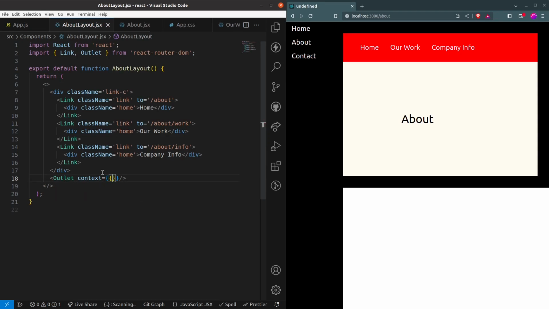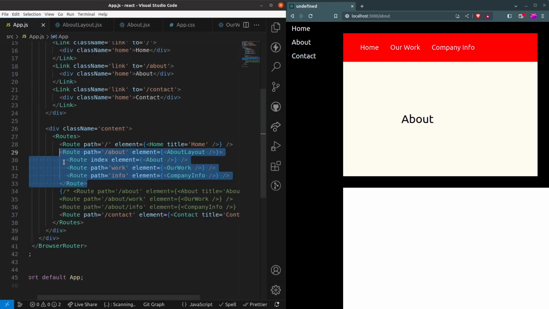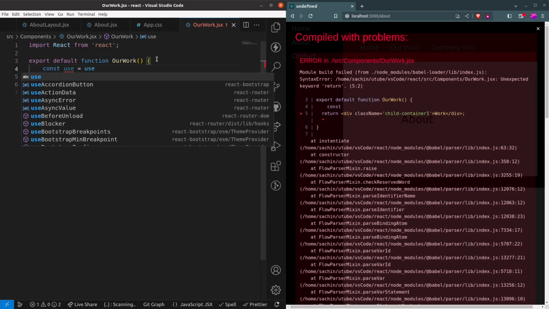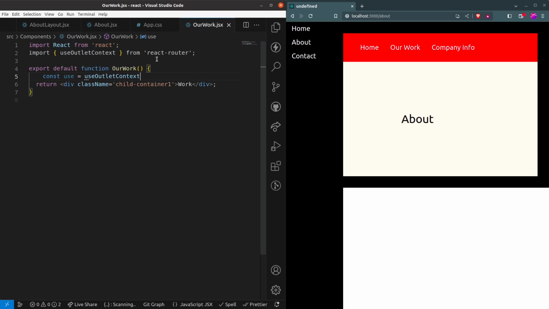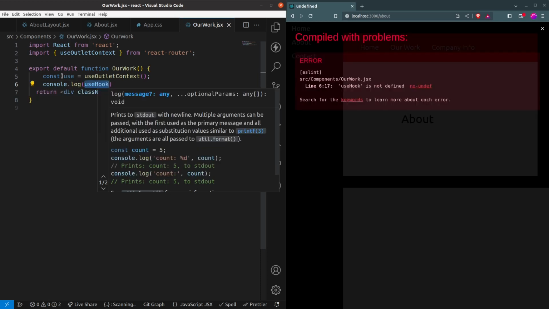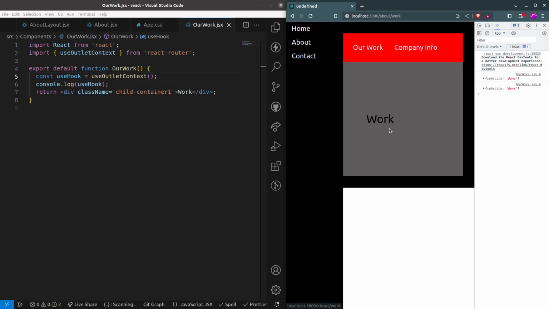Suppose I want to pass this object, and I'm going to go to one of the child components of that slash about, say our work, and use the useOutletContext hook that is provided by React Router. I open my console, our work. If I go to our work, you can see,